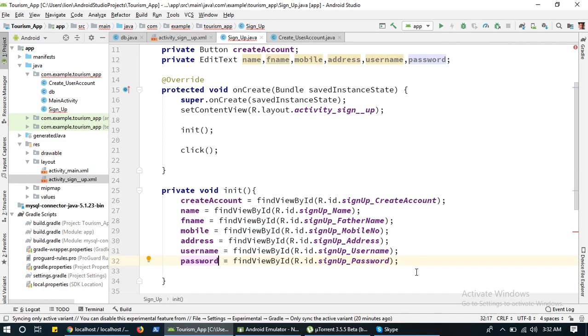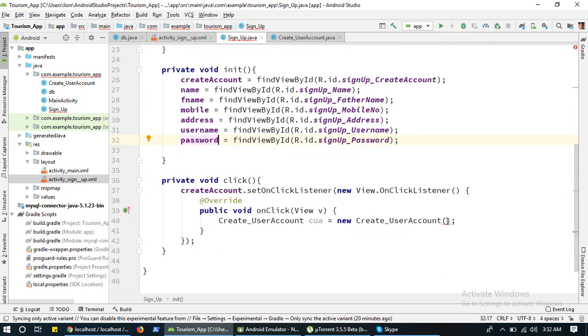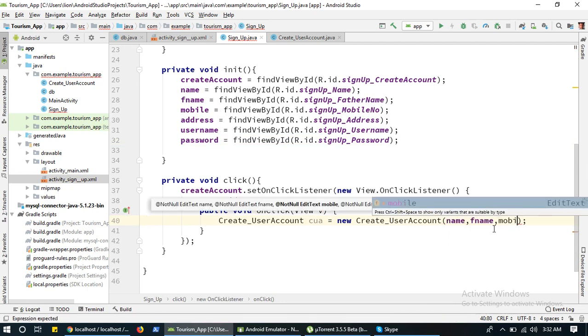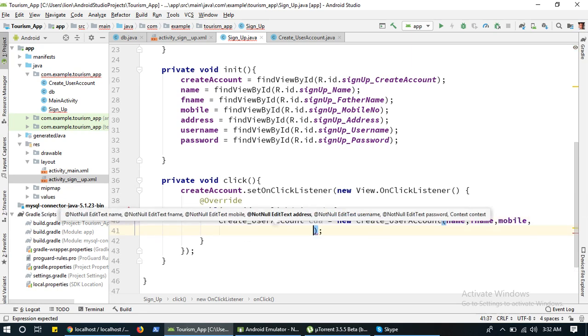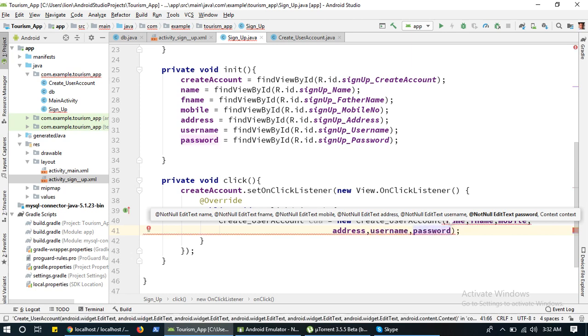Okay, now I just pass it here: name, if name, mobile, address, username and password, and here is